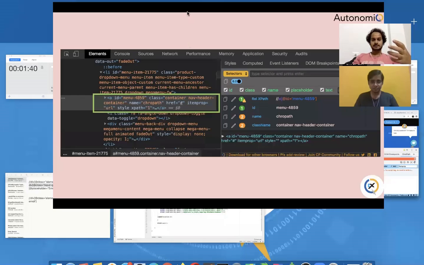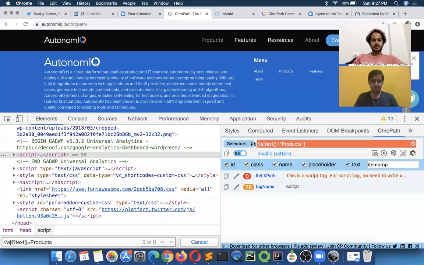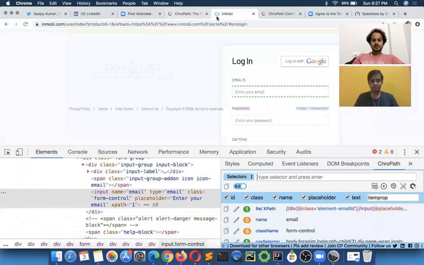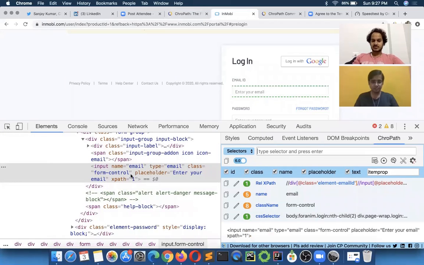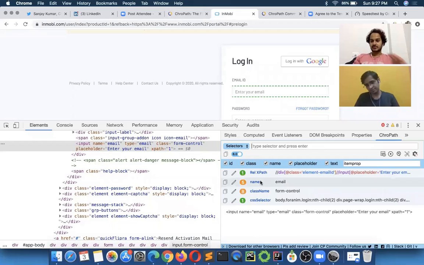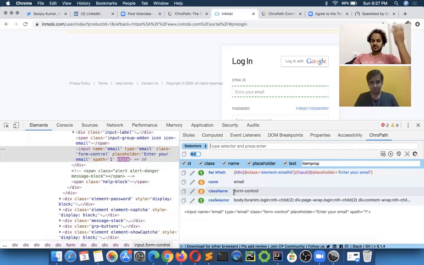So for example, here you see, as soon as we inspect the element here, looking at the DOM, we were thinking we can use the class, we can use the name, right, these attributes. But here in ChroPath it's immediately telling you that this name has 5 occurrences, so don't use it. It's alerting you, giving you the alert color, orange. Green is the green signal, 1. This is good, you can use this XPath. Then the class name, this class is 8 times.